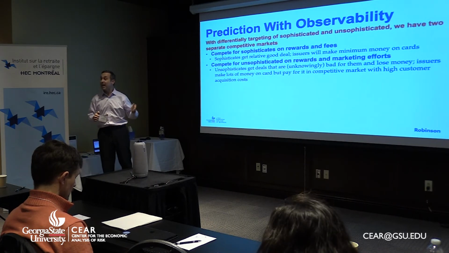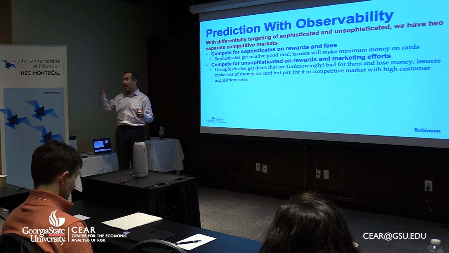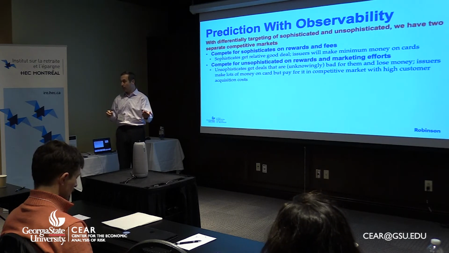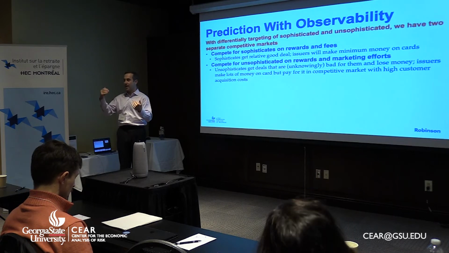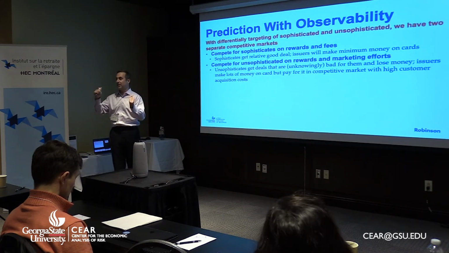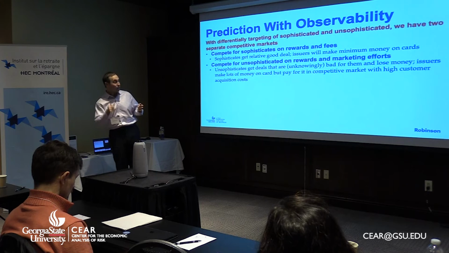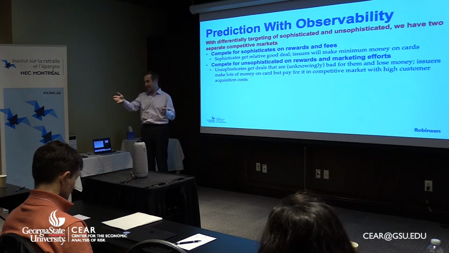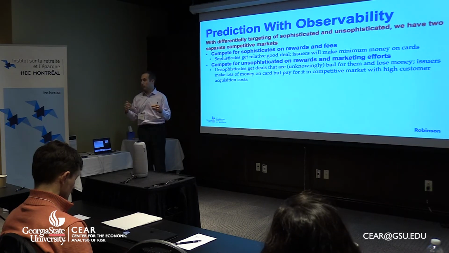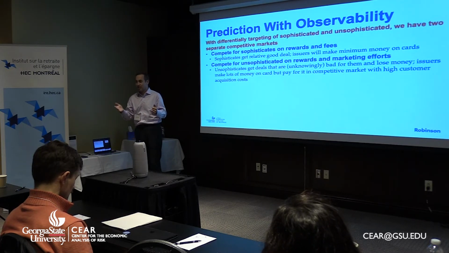So we have the same empirical prediction, which is that the high FICO sophisticated guys seem to get a good deal, the low FICO unsophisticated guys seem to get a bad deal, but there's no cross-subsidy, there's just competition in two different markets where the competition is in different margins. Okay, so what I want to say is you presented stylized facts, they're amazing, they could mean a couple of different things. I have a guess about which one it is, but either way, your stylized facts are awesome.